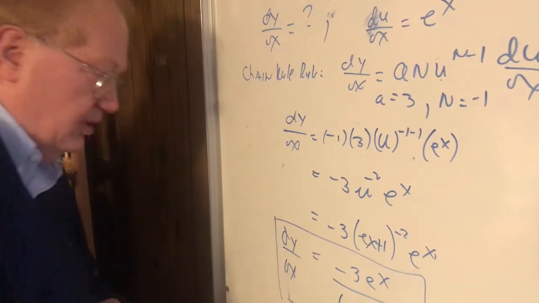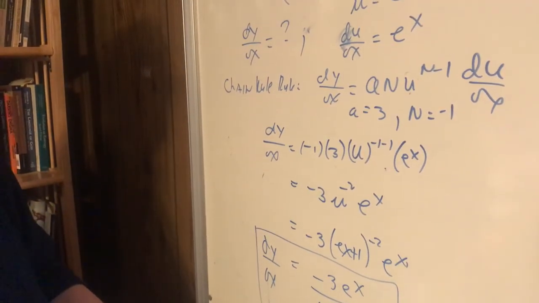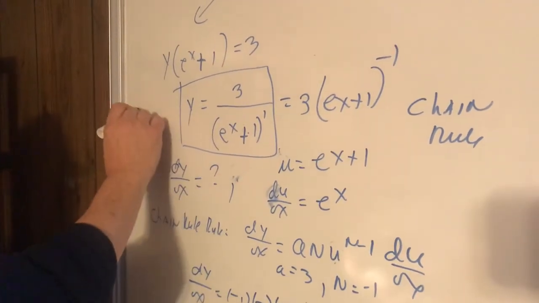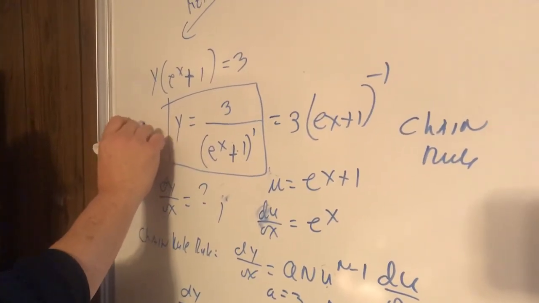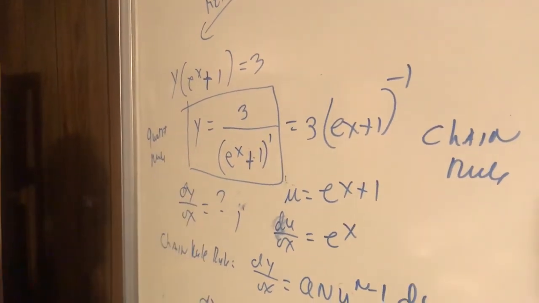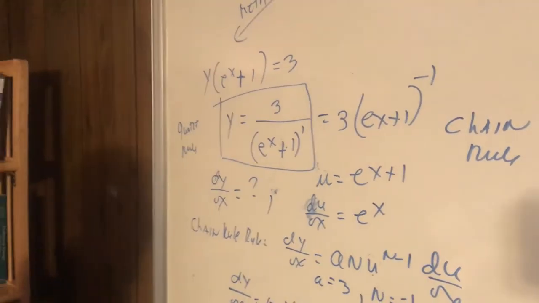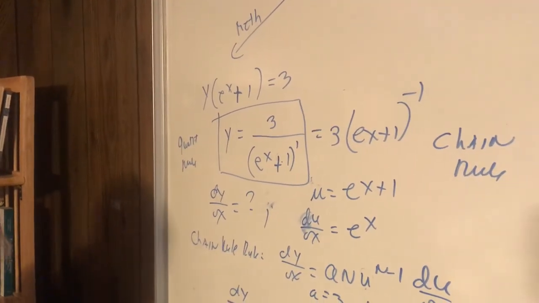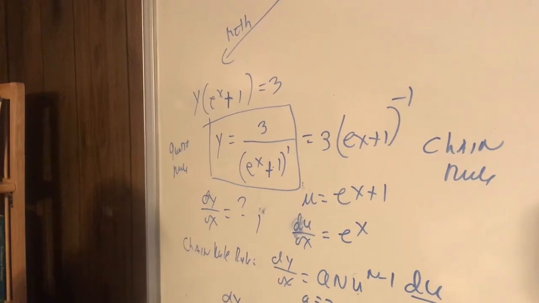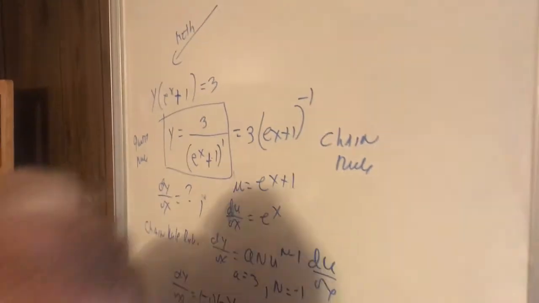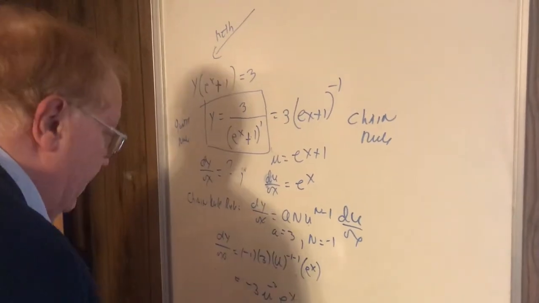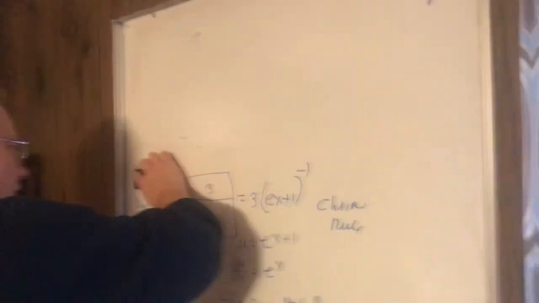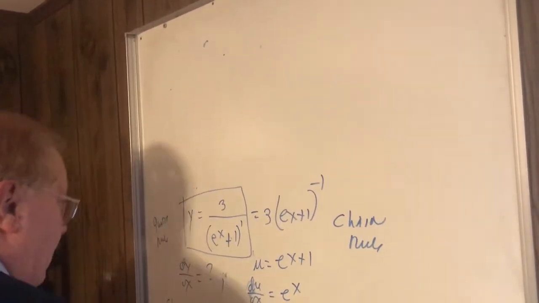Now, if you want to, you can take this function and use the quotient rule and see if you get the same answer. Notice I use the chain rule. So if you want to use the quotient rule, I'll just set it up for you. I'm not going to solve it, but you do get the same answer. The quotient rule, if you don't like the chain rule, of course you're going to want to use the quotient rule. So you're going to have y